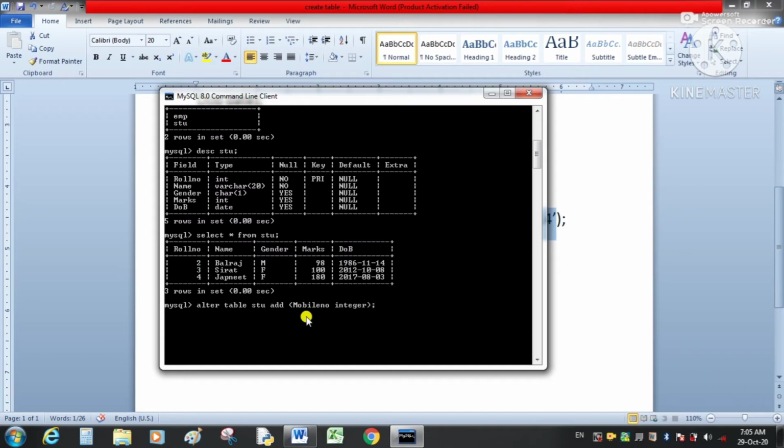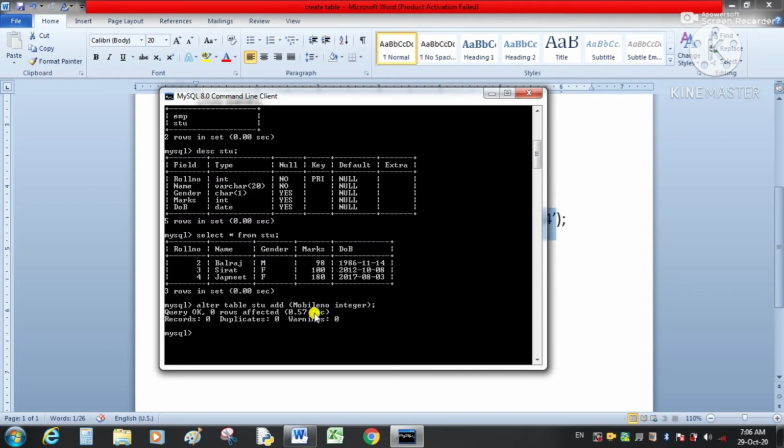Alter table stu, add, name of the column with its data type. So here we are going to add one more column in our existing table. Okay, enter. Now we will again see the structure of the table.